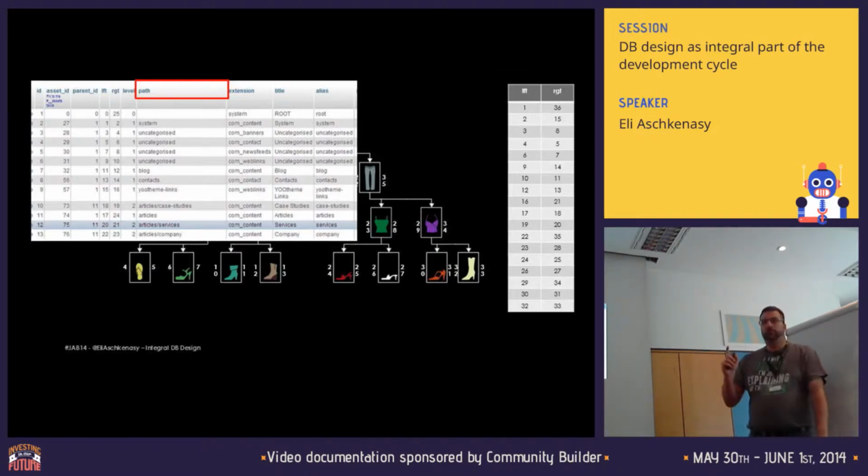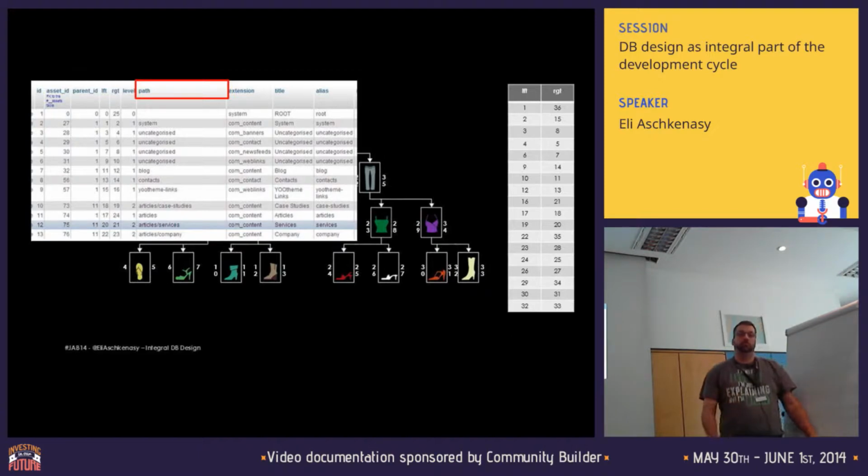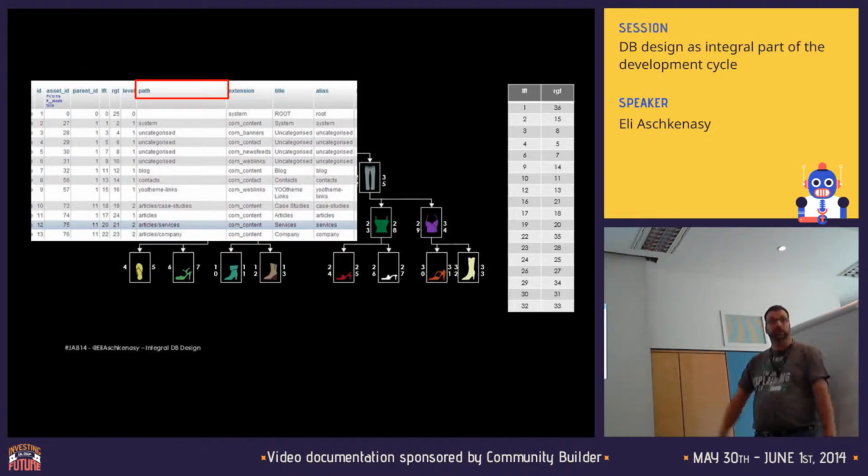What is the problem? Very simple. Just imagine here we have articles and case studies as 2 items, right? Let's say we are changing articles to be called items. So this is simple because we just have 2 rows. But if you have a big tree and you're changing the root name, you're going to change the records of all records that have that computation in it for 1 change. That's absolutely insane,